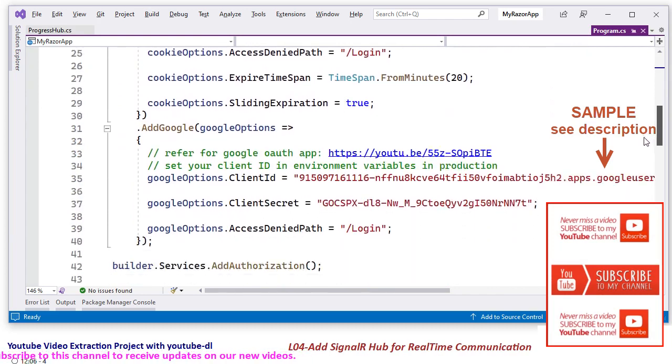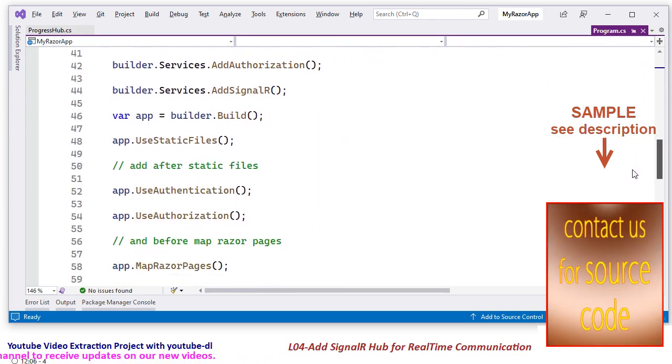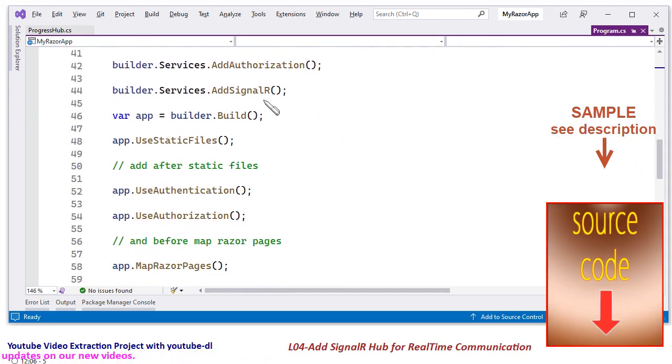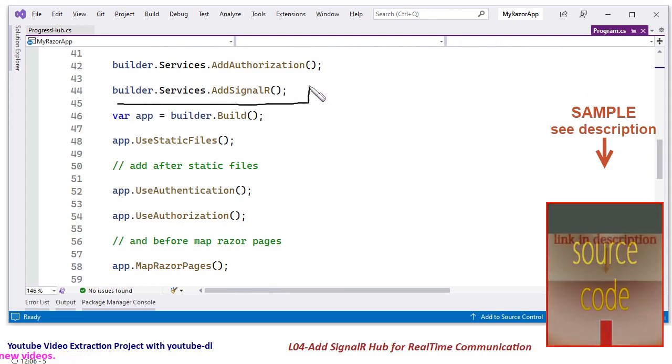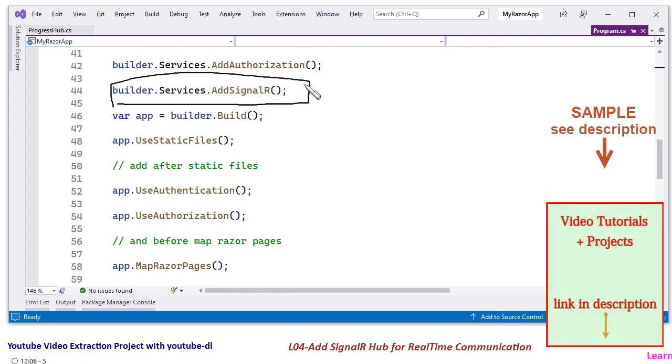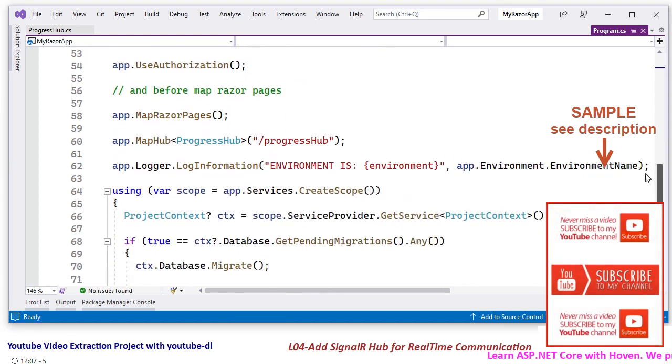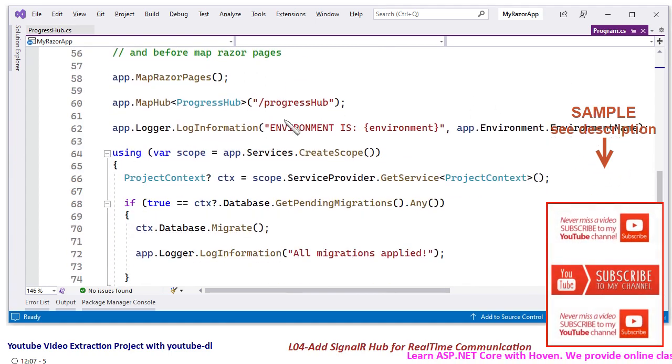this we have already done in the previous tutorials. We have, as you can see, AddSignalR service. This is one thing that you have to do. And the second thing, we have added a